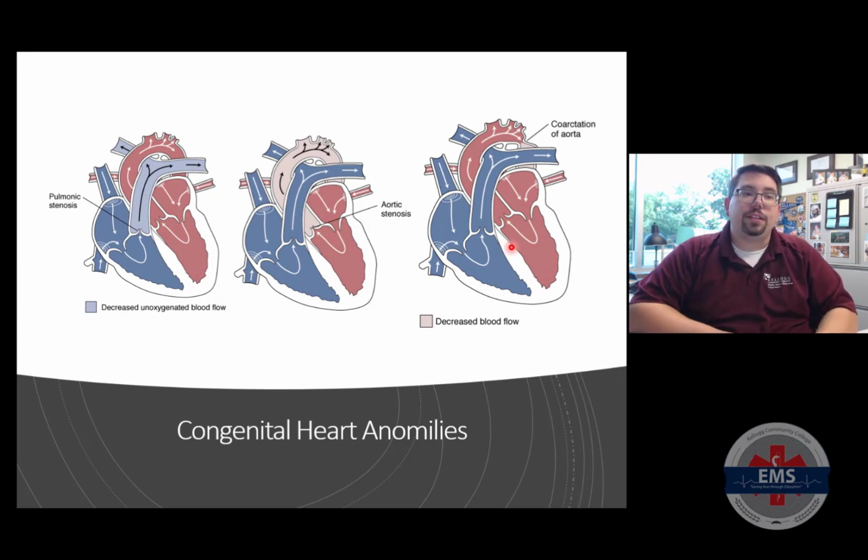Again, a lot of different things that we're going to look at with congenital heart abnormalities, all of which are concerns. We want to see things like pulmonic stenosis, where the pulmonary valve itself is narrowed. We have aortic stenosis, where the aortic valve is narrowed. We can also have